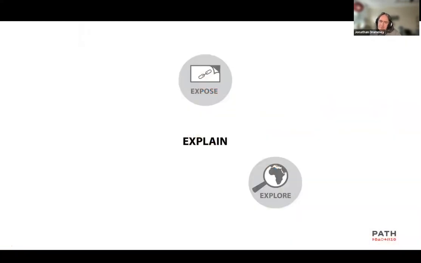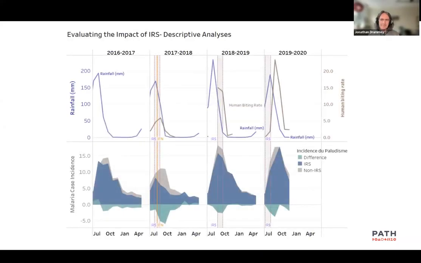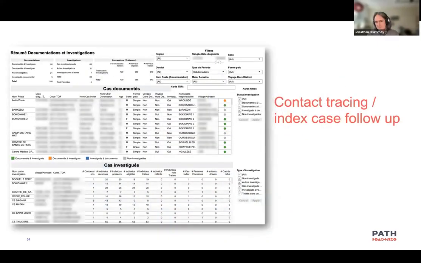Then after the third phase is where we understand the data well enough that we can either retrospectively explain why things are the way they are, or get into the predictive modeling as well. And so in talking about these phases, they change what we can do with the data. And all of you who do machine learning and so on know, you can't do machine learning unless you have good data and you know what features you want to use. And so that's where we have a bit of a progression of moving through expose and explore to get to explain. But ultimately, we're using all of those for our users.